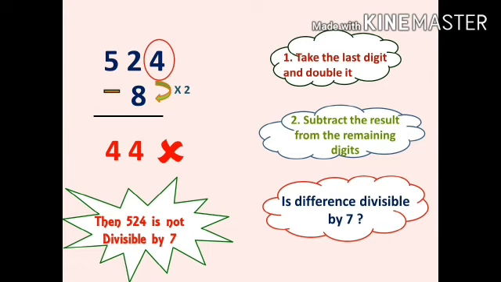Okay. The name of the method we have used for 7 is the oscillator method. Using this oscillator method only, we are going to check the divisibility rule for prime numbers and also for numbers ending with 1, 3, 7 and 9. Only one method, there will be a little bit of difference. Let me clearly explain the difference also. Once you understand this concept, you can check for all numbers.